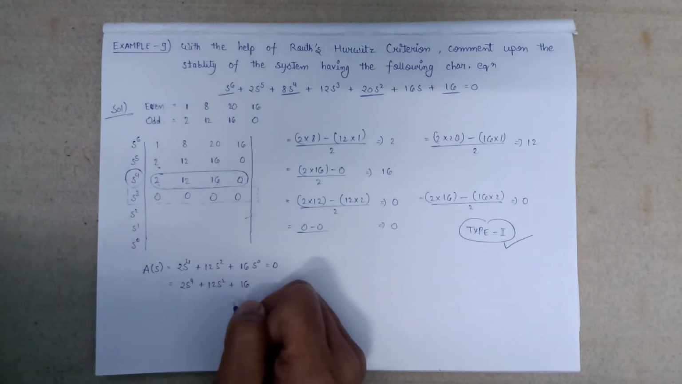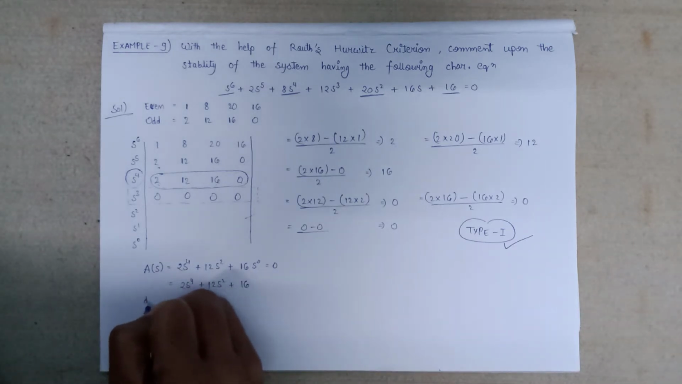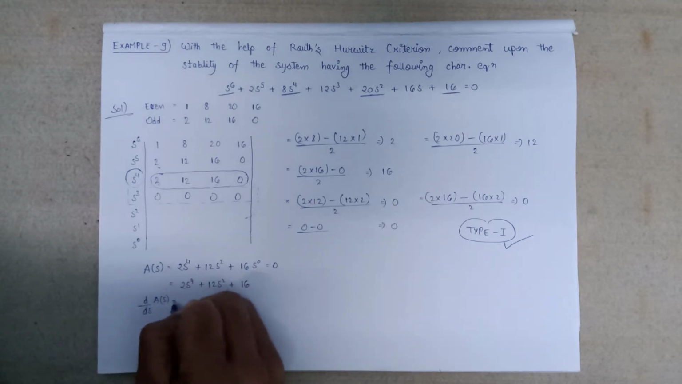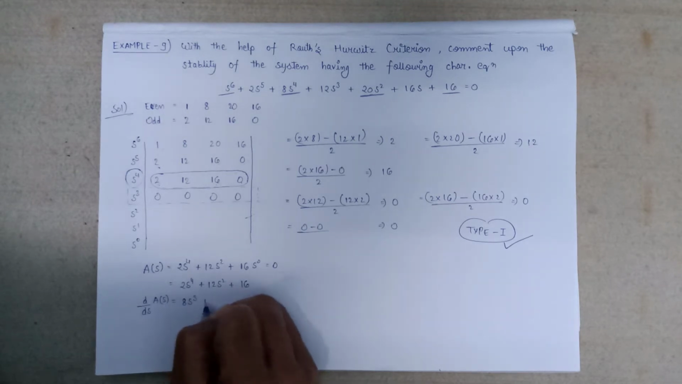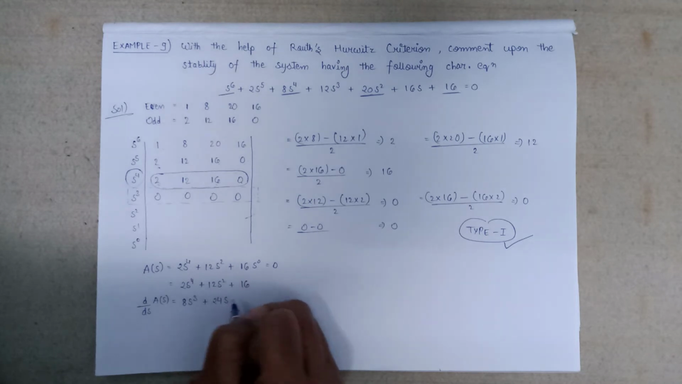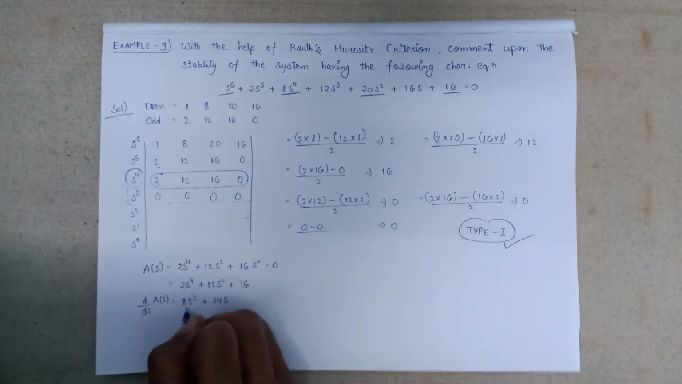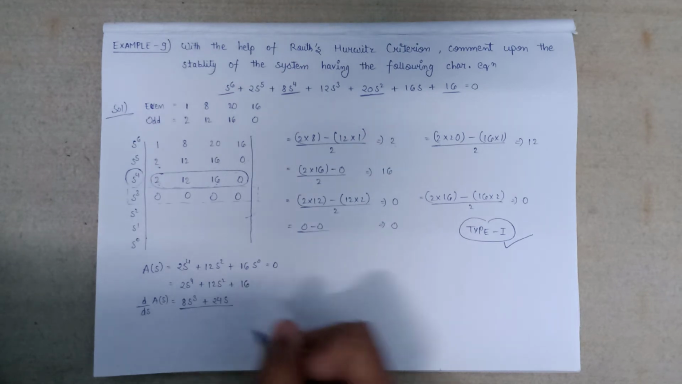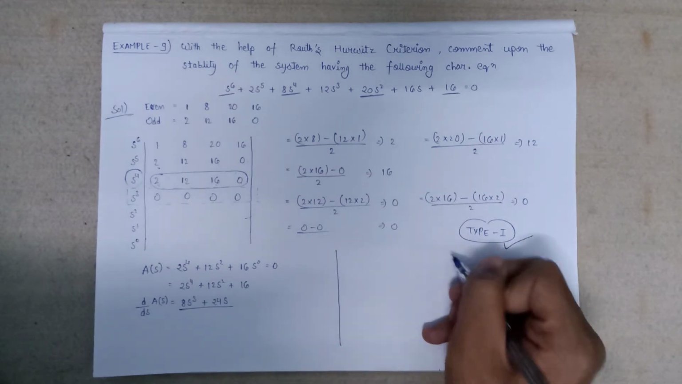After this, we can differentiate our auxiliary equation. So d by ds of A of s will be 8s cube plus 24s, and the constant differentiation will be 0 only. So this is our new equation, by the help of which we can perform the Routh array criteria. So the new Routh array will just look like